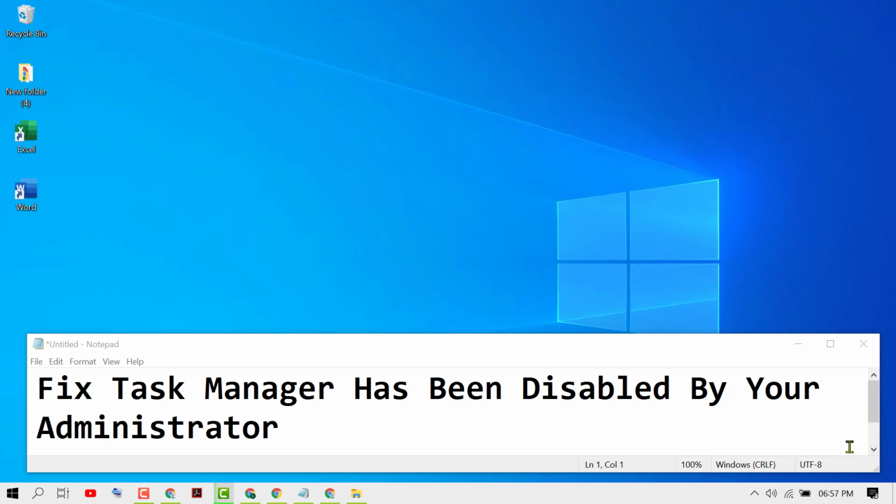Hello friends, in this short and quick video, I'm going to show you how to fix the task manager has been disabled by your administrator in Windows 10 PC or laptop. So guys, if you are using Windows PC or laptop and you are trying to open task manager, so you are getting this error. So to resolve this issue,